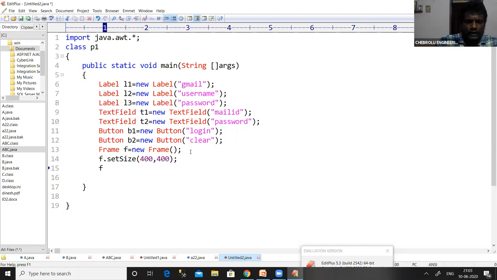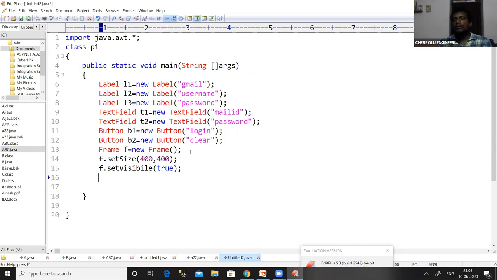And then we need to set the visibility of the container by using a method called setVisible, and we have to pass the value true. By default it is false. So the things which are on the frame are by default invisible.